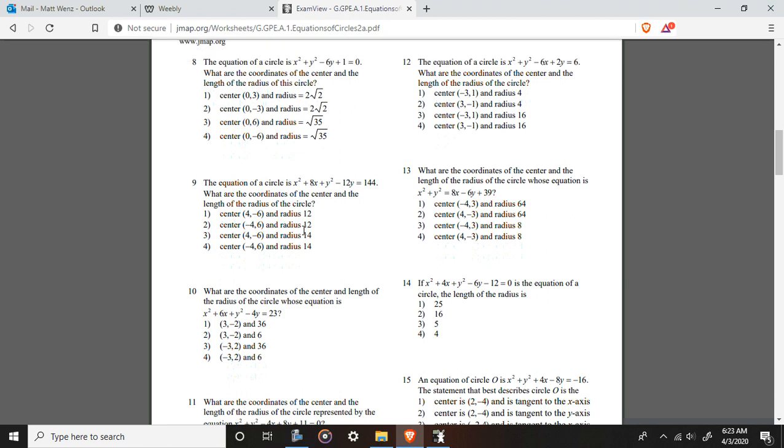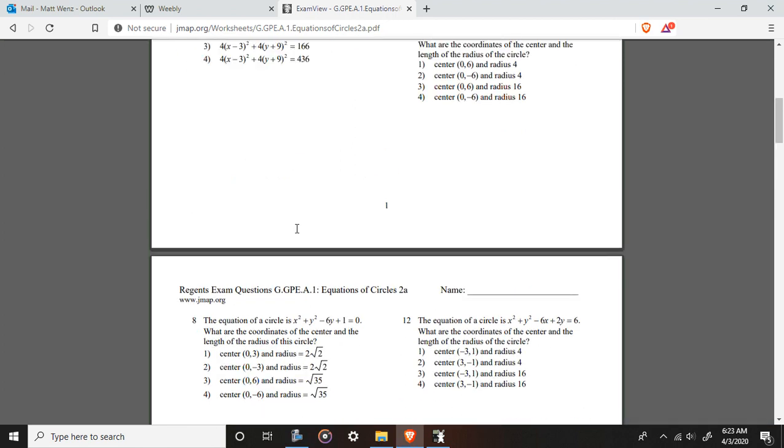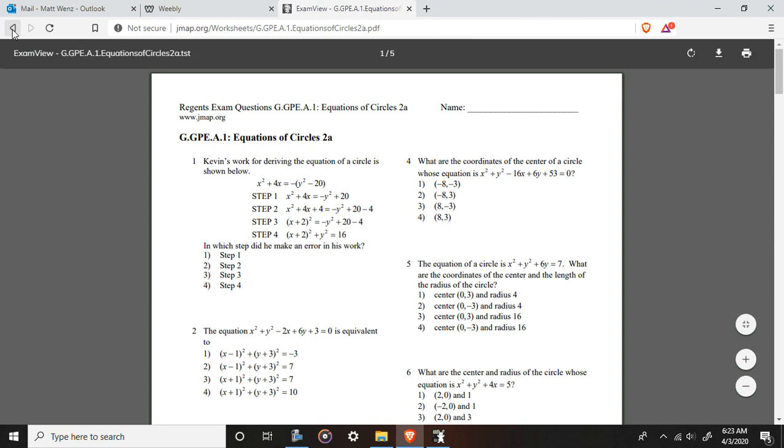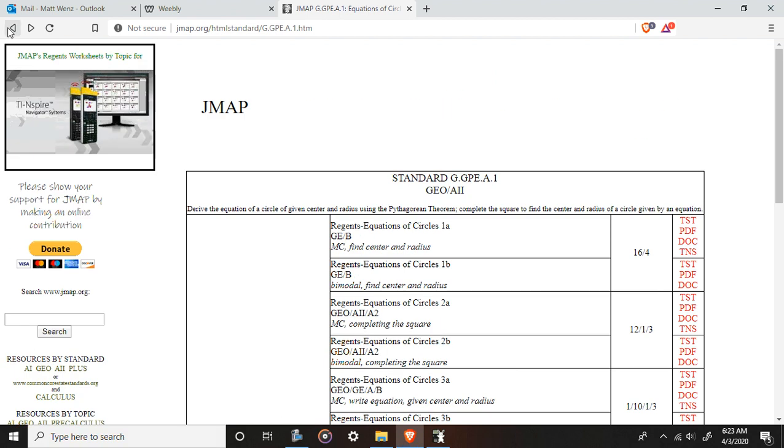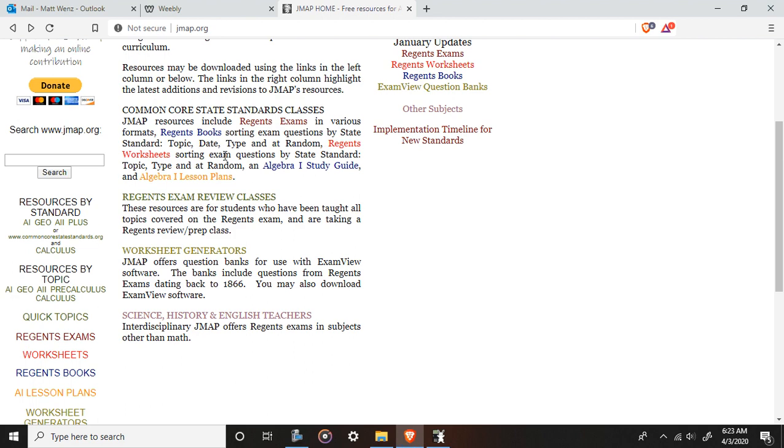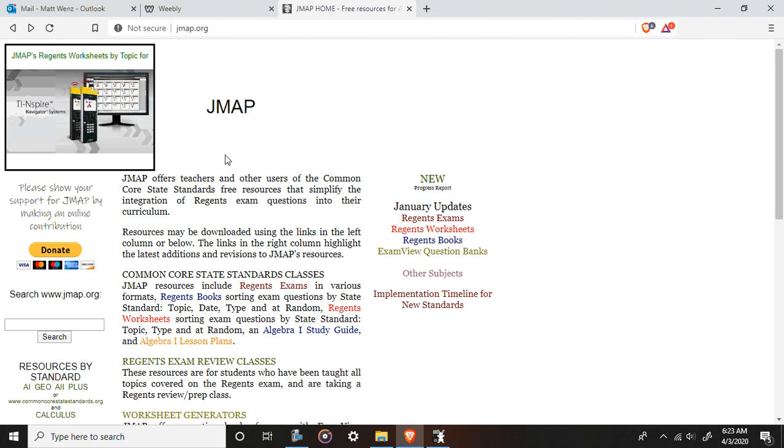And sometimes I'll assign those, sometimes I won't, okay? It depends on what they are. So it's a good website you guys can check out. It's multiple choice, open-ended questions and things like that. The other thing we can get from there is, as we get closer to the Regents,